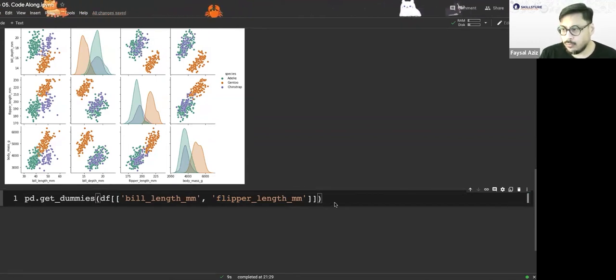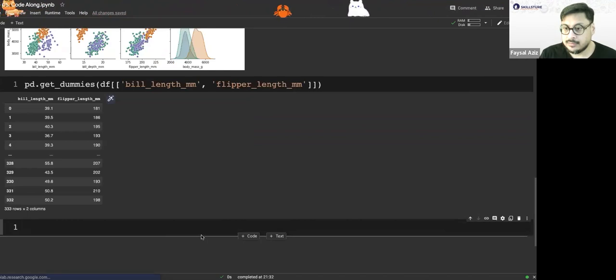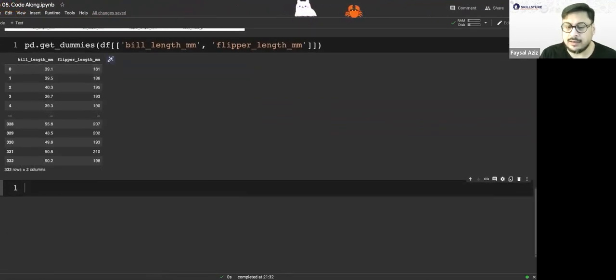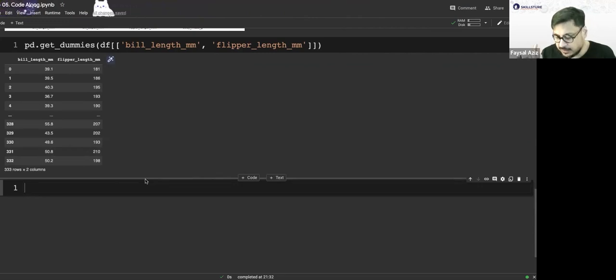So now, what my data would look like is just this: bill length and flipper length in millimeters. That's it. Now, remember we were looking at machine learning where we have the features and we have the label. In the world of machine learning, features are usually denoted by a capital X, and the label is usually denoted by a small y. I do not know why. It's just like that. Okay.